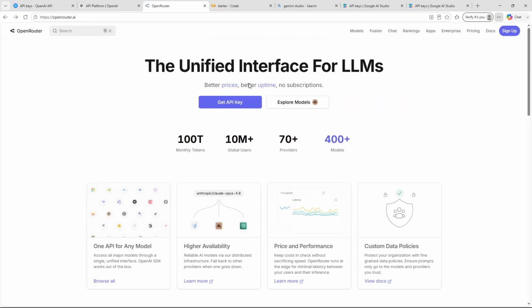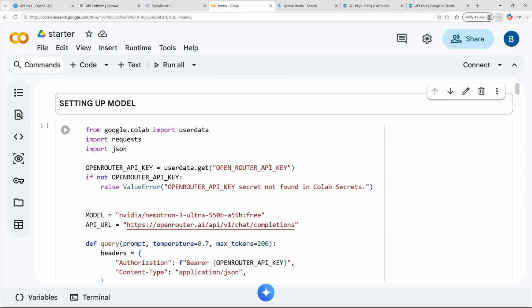So that key I have saved it, and why it is needed, it is used for the coding purposes, which I am going to demonstrate now in this session. So assuming that we have the Open Router key, then we can start our coding exercises. The coding exercise is exactly the same as what we discussed in the previous session with the different components and